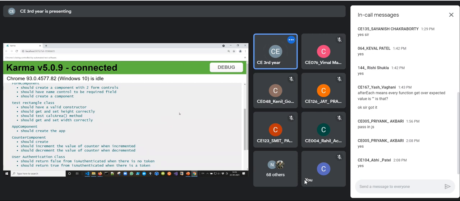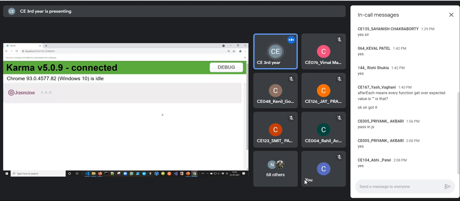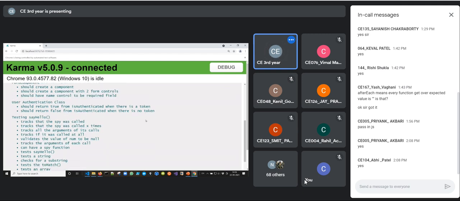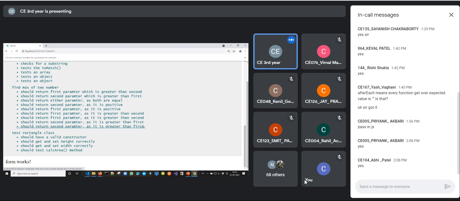And here there is an option. You can see that there's an option to run these test cases in any random order. But if you want to run the test cases in the order in which you have defined them, then you can unset that value. Okay. Finally, we'll have this part.